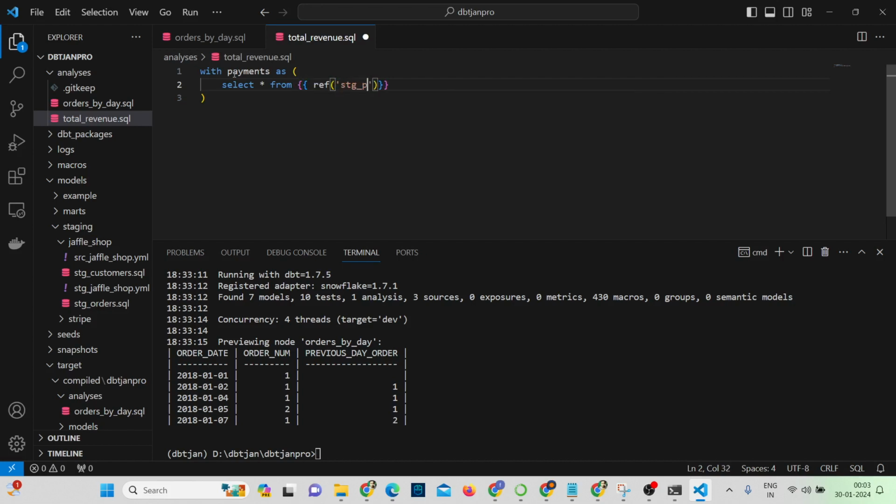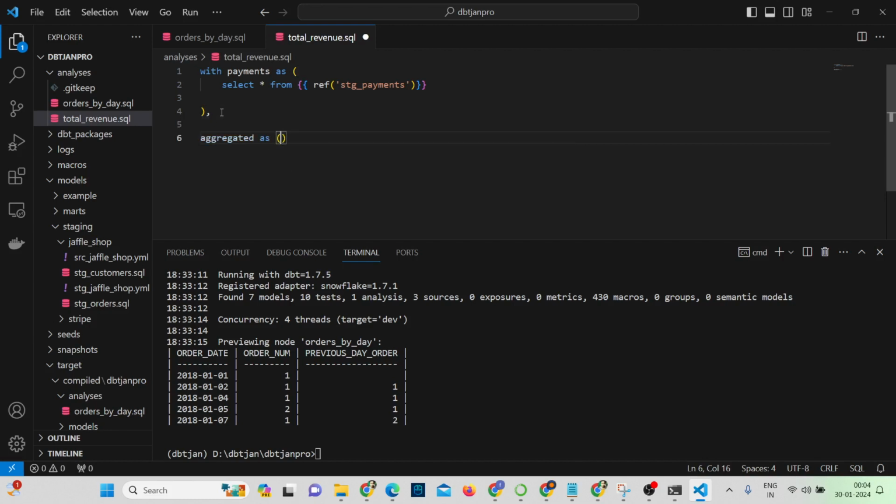Let me take aggregated values. In the first CTE, I'm just selecting the stage payments. And next, let me write one more CTE called